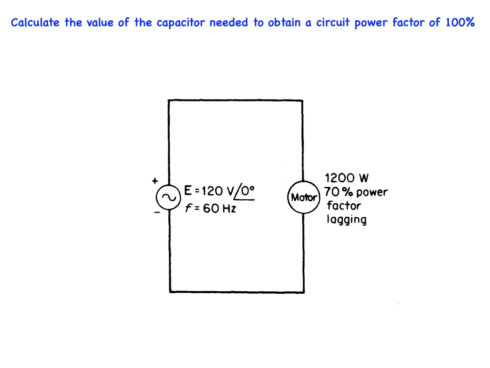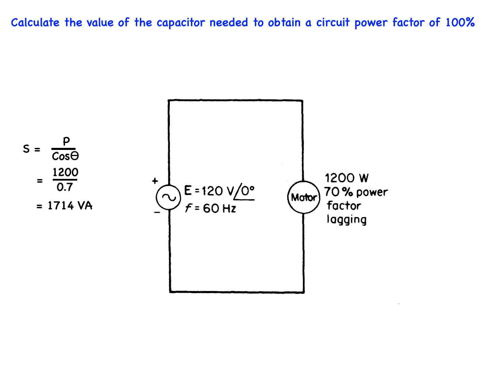In this circuit, we are to calculate the value of the capacitor needed to obtain a circuit power factor of 100%. This is known as power factor correction. S is the apparent power. Before power factor correction can be calculated using P divided by cos theta, we must be given P and cos theta, which we are. Plugging those values into our equation, we get 1200 divided by 0.7, which equals